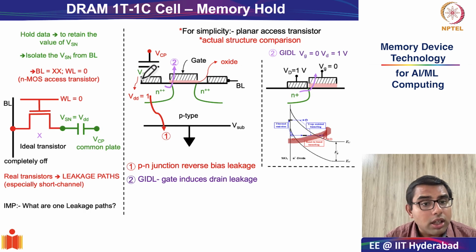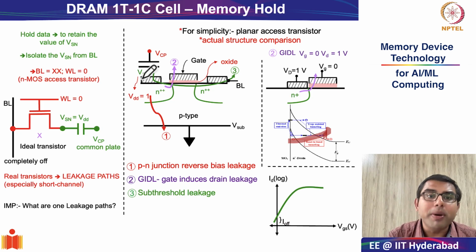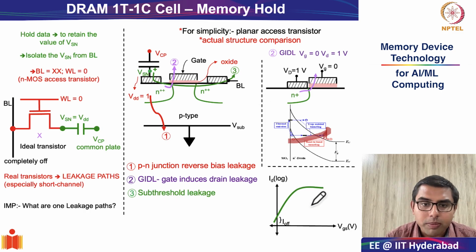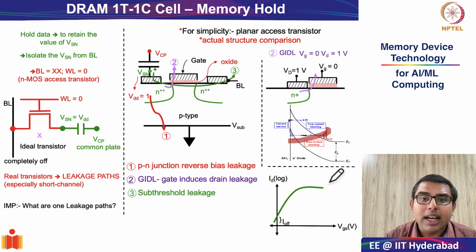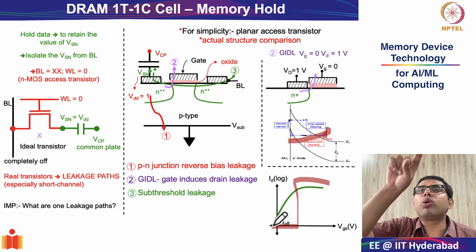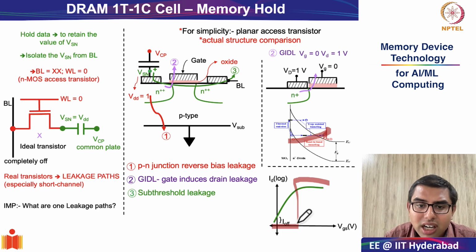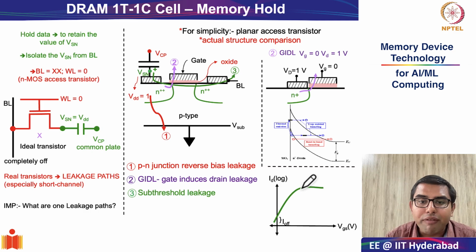The third important component that one could think of is the subthreshold leakage. So what is the subthreshold leakage? As you know, if any transistor at zero gate bias were an ideal switch, it would have zero current. It would have an absolutely steep subthreshold slope and zero current in the off state, which is at Vg equal to 0. But there are no ideal transistors, so every transistor has a finite subthreshold swing.